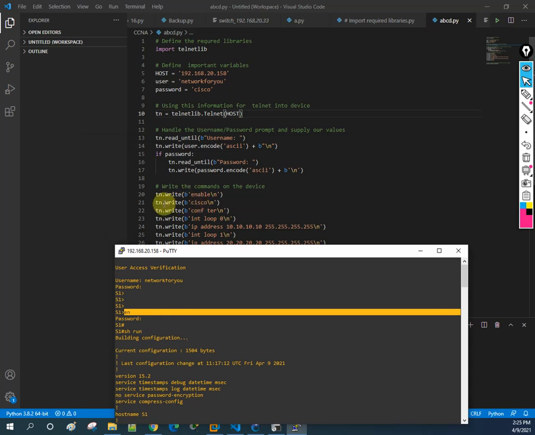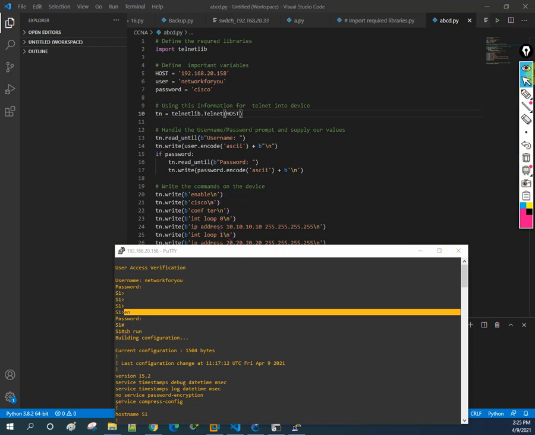So we need to write again tn.write, and the password is Cisco, and you need to press enter to go to the next line, so we put this /n and then we write Cisco. Then we need to go to the global configuration mode if you want to do any configuration, so we will write config t, then whatever operation you want to perform. That's all. This is simple, as we did before.